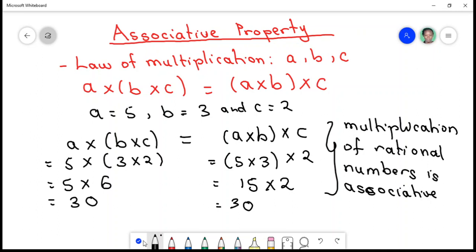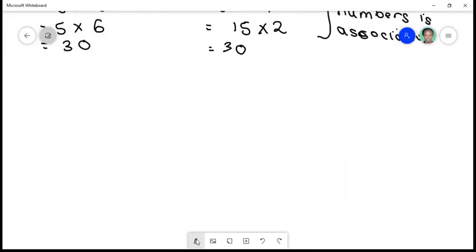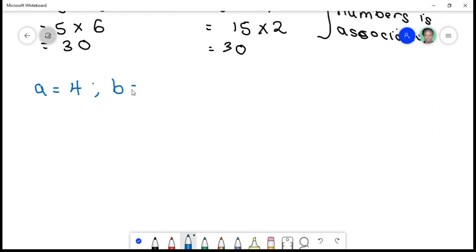Let's try another example. So for example, let's say I have A equal to 4, B equal to 9, and C equal to 5. We want to check if multiplication of rational numbers is associative. What does it mean? It means I have A times B times C. We are saying it's equal to